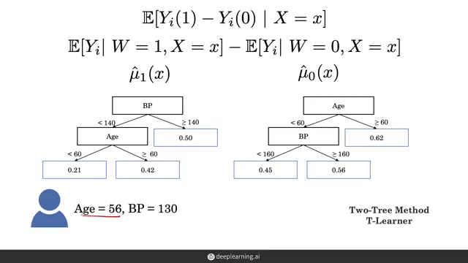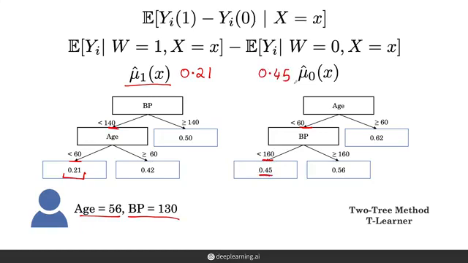For a patient who is 56 years of age and has a blood pressure of 130, we can get their expected risk using mu-hat1 under treatment. So we see that the blood pressure is smaller than 140, and we see that the age is smaller than 60, so we have a risk score of 0.21. On the right side, we see for this patient, age is smaller than 60 and blood pressure is smaller than 160, so we output a risk score of